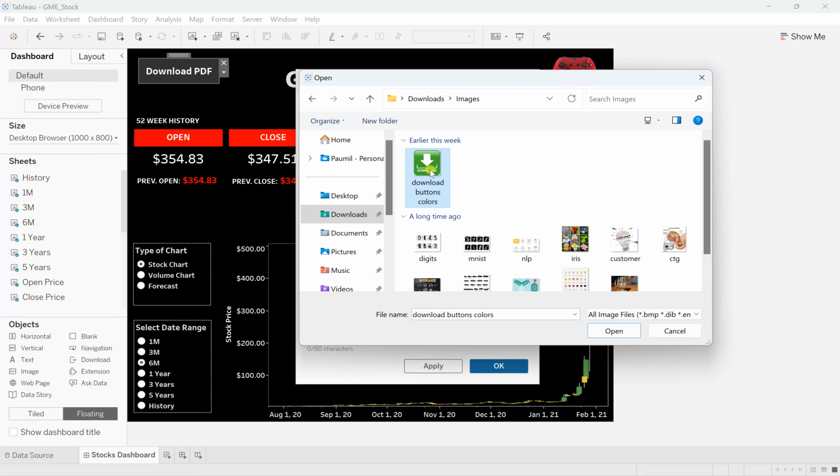Any format works here, PNG or JPG. I've selected one which is in PNG, and this is visually appealing as well. It says download, so it's easy for anybody to understand. So just click on this and say open.